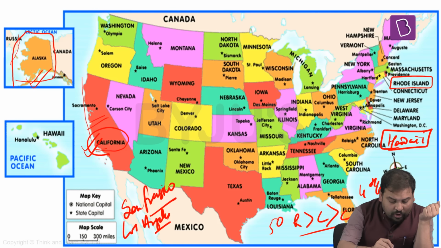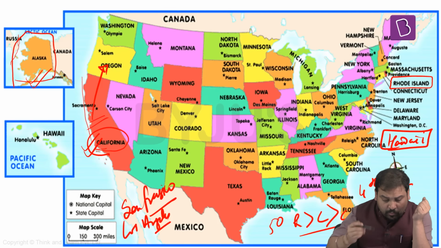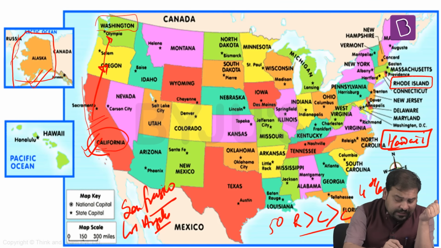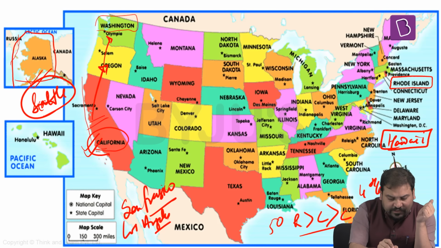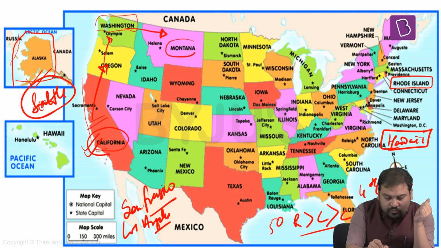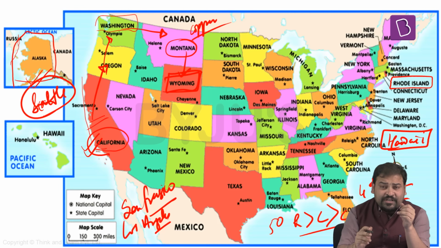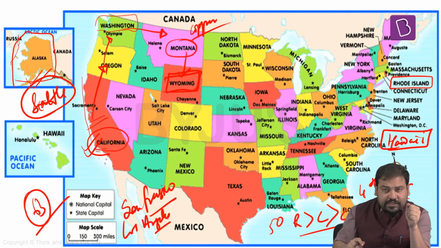Let us move towards the north, that is Oregon, which is known for its shipbuilding industries. Moving further north, we reach Washington, having a very important town, Seattle, which is known for aircraft building industries. Moving to the eastern side, we reach Montana. This state is known for being one of the largest reserves of copper. If we move downwards, we reach Wyoming, which is known for its geyser, Old Faithful, which erupts after every 63 minutes.